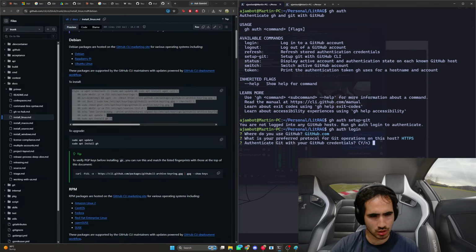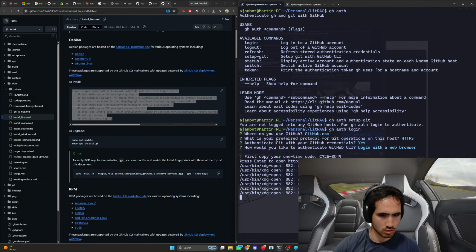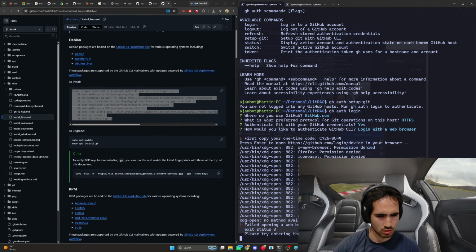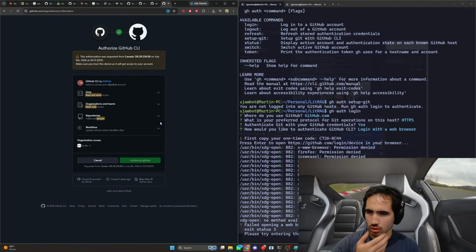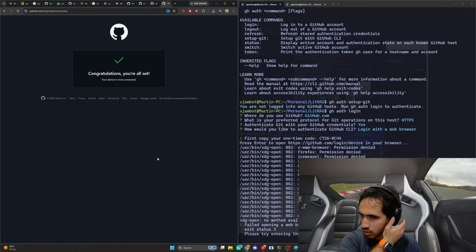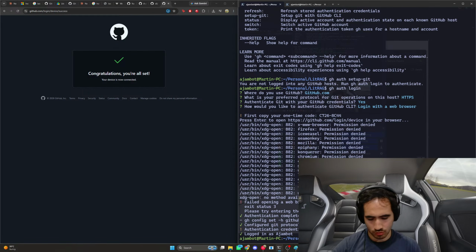GitHub.com, HTTPS. Yes. Login with a web browser. Copy the code. Do that. Okay. Sign in as Jambot. Paste that. Authorize. Okay. Logged in.